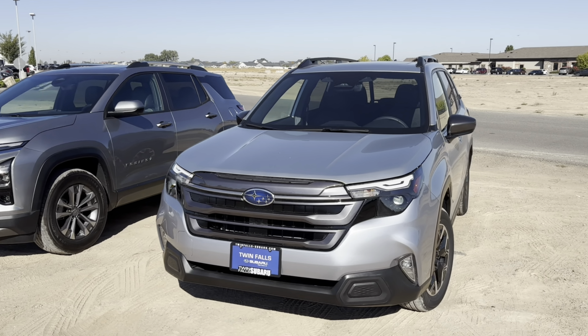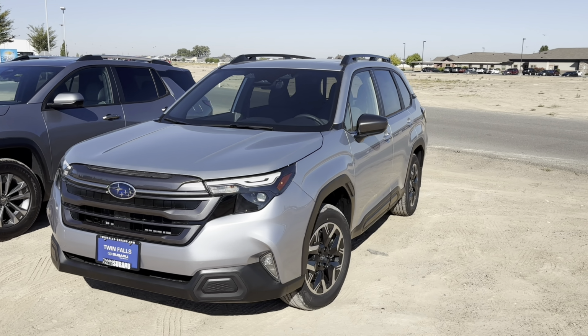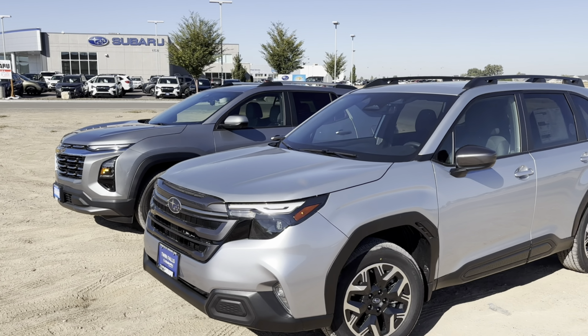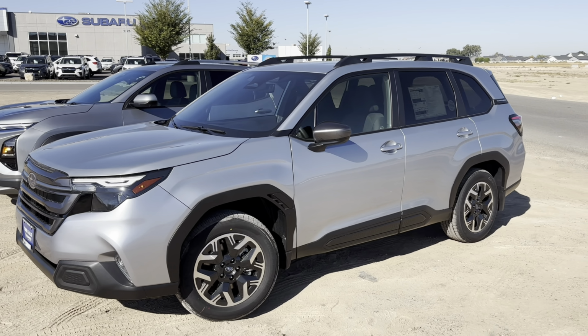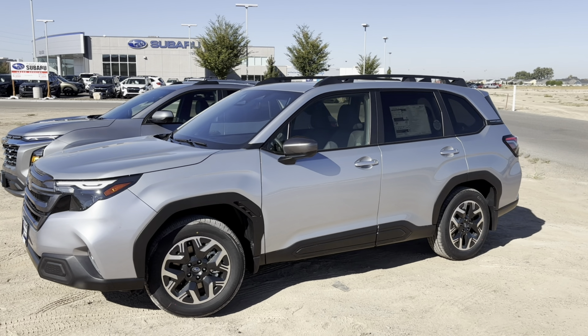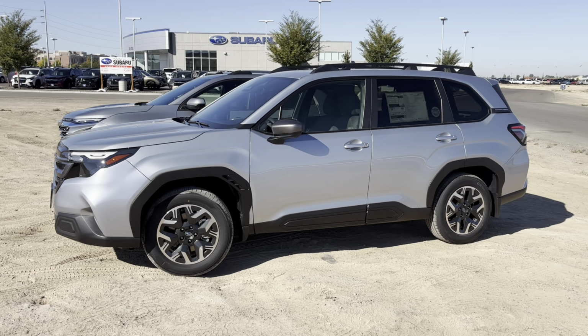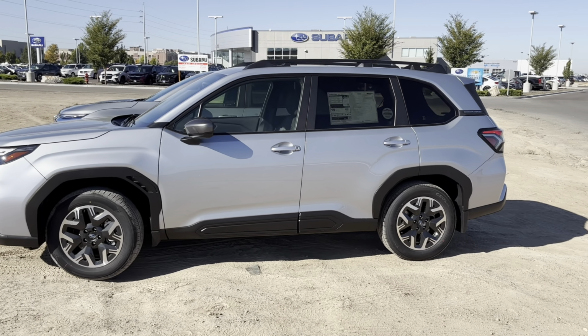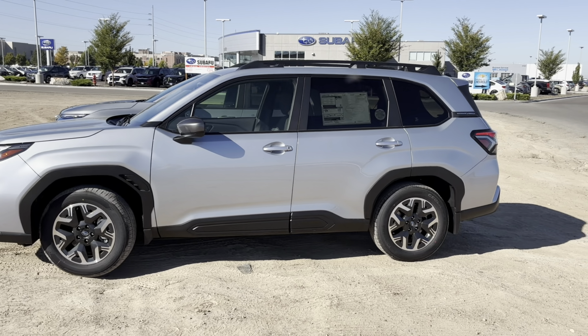And then this is the Forester, first year of this new generation as well. This is ice silver metallic, while the Chevy was in sterling gray metallic. Both of these, very nice colors. I thought they were about as comparable as I could get for today's video. It also has 17-inch wheels, but it has 8.7 inches of ground clearance, a 3.70 final drive ratio, so not